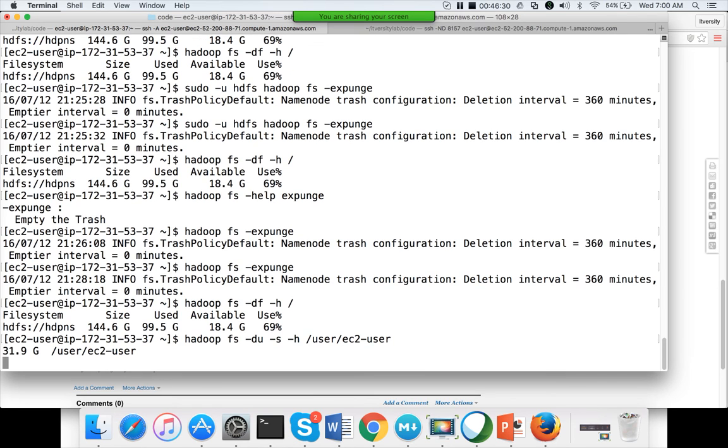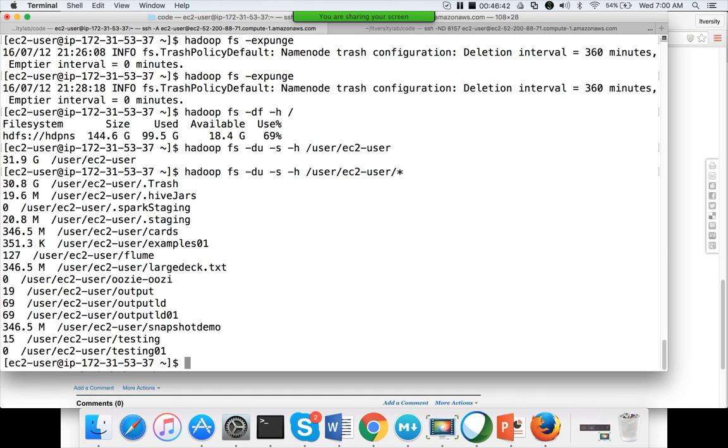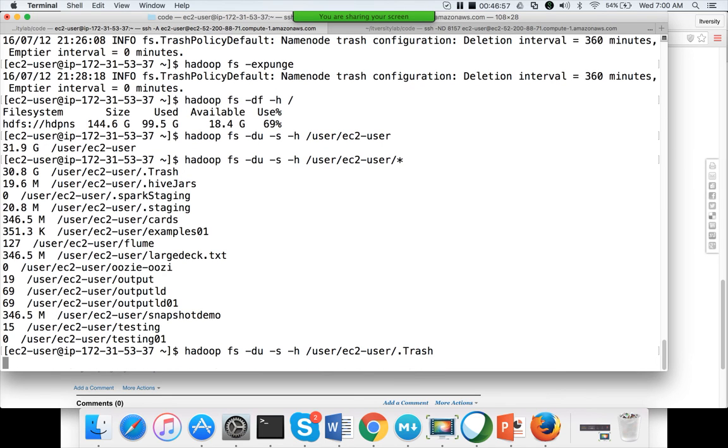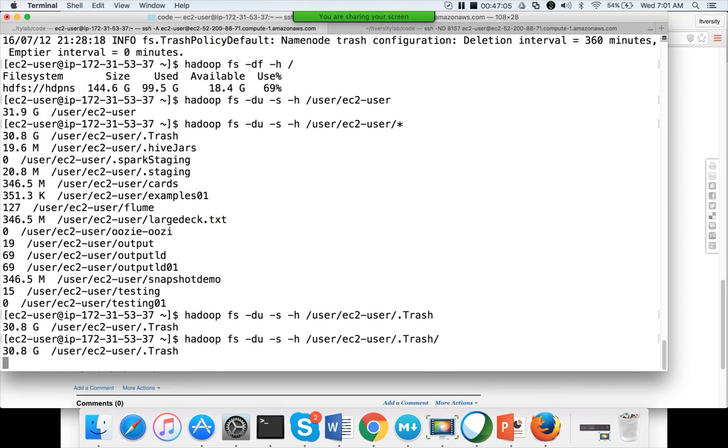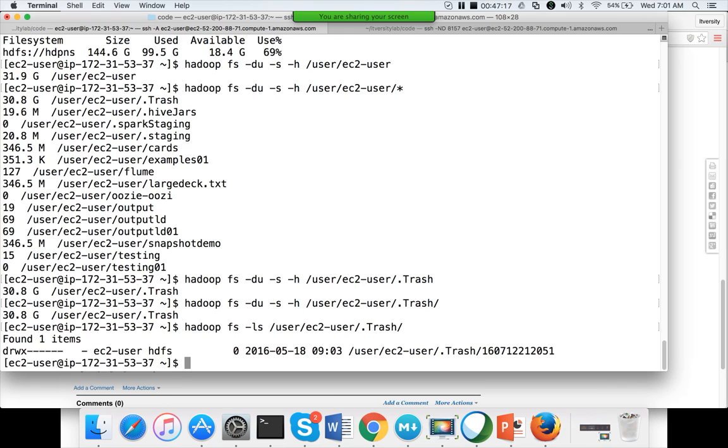I think because I have configured high availability, there seems to be some issue. Okay, sudo -u hdfs hadoop fs expunge.